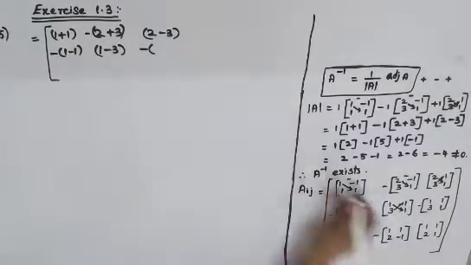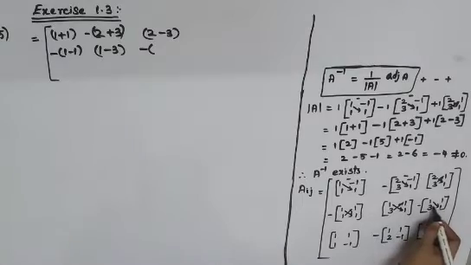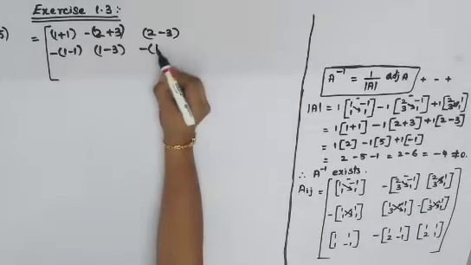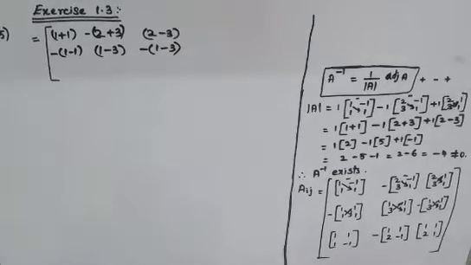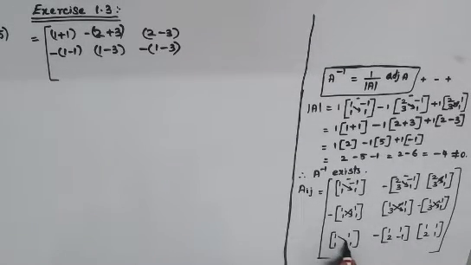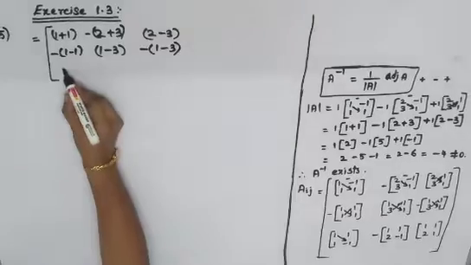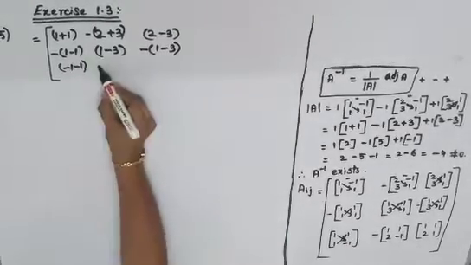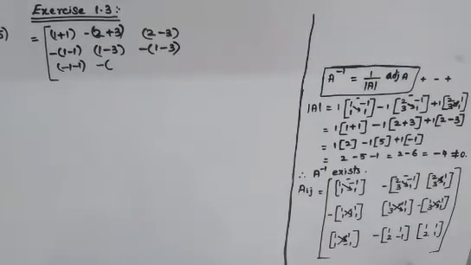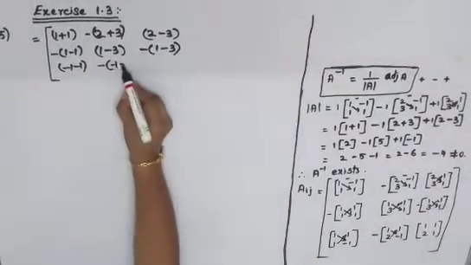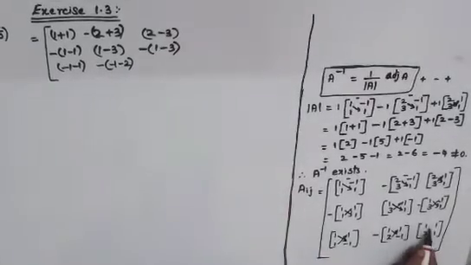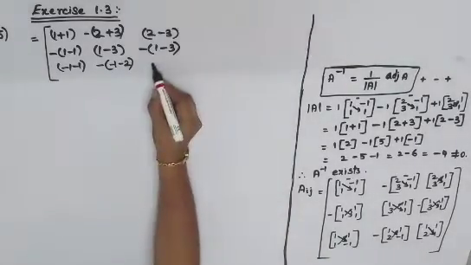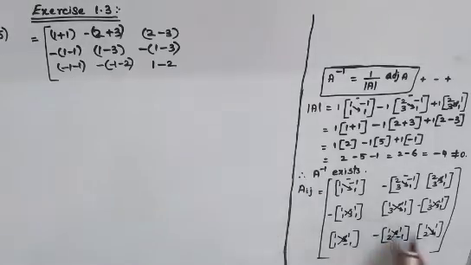Then minus, open your bracket. 1 ones are 1, 3 ones are 3. So it is 1 minus 3. Last row, 1 into 1 is minus 1. Then this is again minus 1. So minus, open your bracket. 1 into minus 1, minus 1, 2 into 1 is minus 2. Then your last term, 1 ones are 1, minus 2 ones are 2.